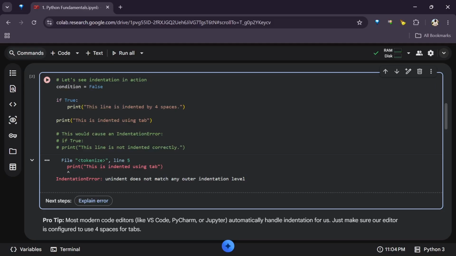By the way, if this is the first time and you're wondering what am I even writing, what does it even mean, don't worry. I'll say if condition. What this means is, since this is a boolean, it will check if true. By default, it looks for true. So if it is true, then it will print this.